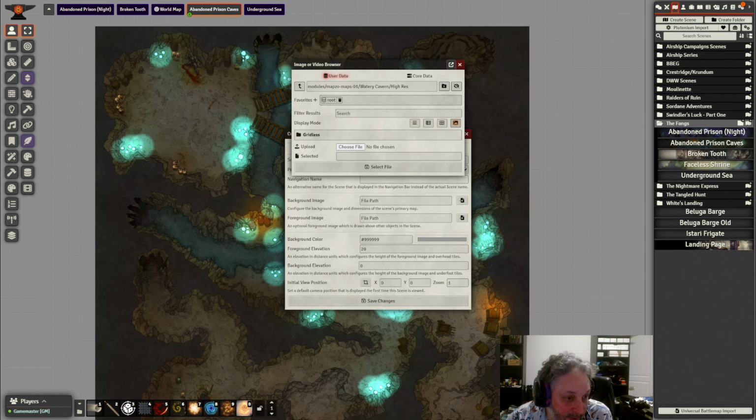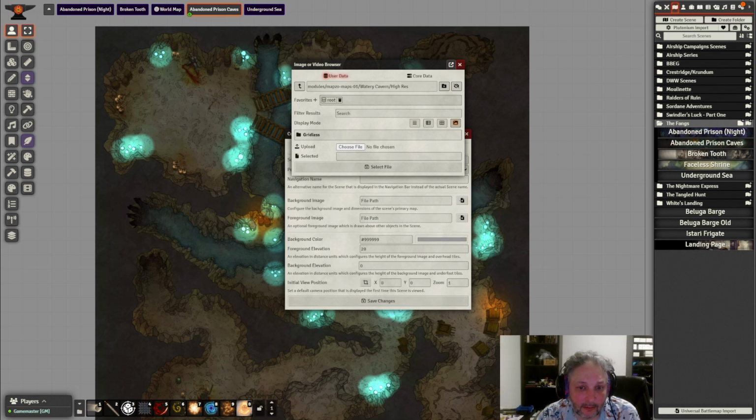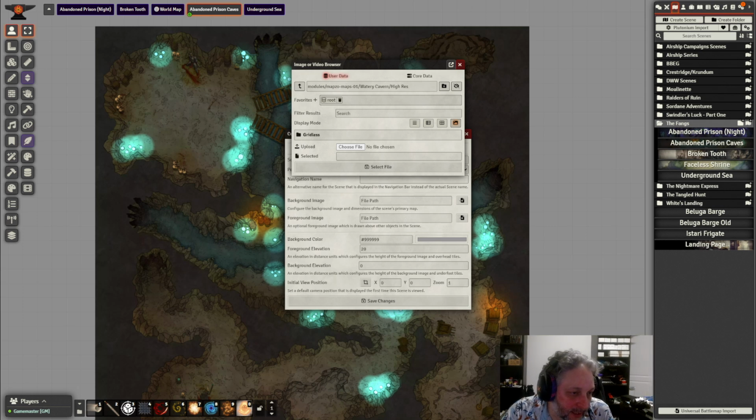Oh, I haven't actually converted this to WebP yet, so let's do that first. I'm only showing the Foundry image, so you guys aren't seeing the conversion, but I have a shell menu where I can right click on any image and just convert to WebP. If anybody's curious about how that works, I'll probably go over it at a later date. But okay, so anyway,